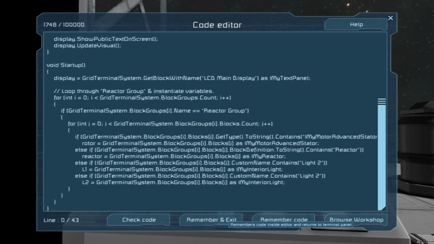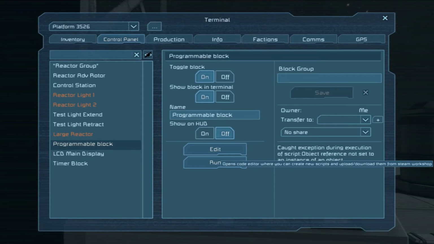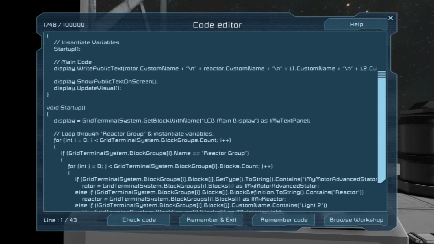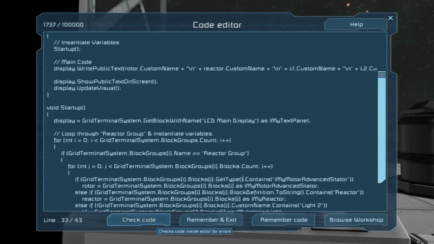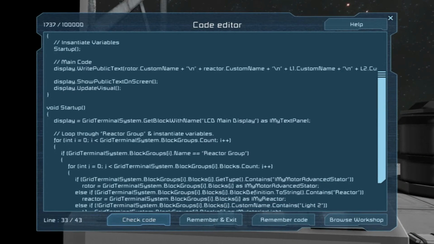Now, theoretically, if all this works right, you shouldn't see a single difference. Okay. I screwed up. Oh, wait, maybe it's the toString, because it's already a string. Maybe? Contains takes one argument. That's okay. That is one argument.